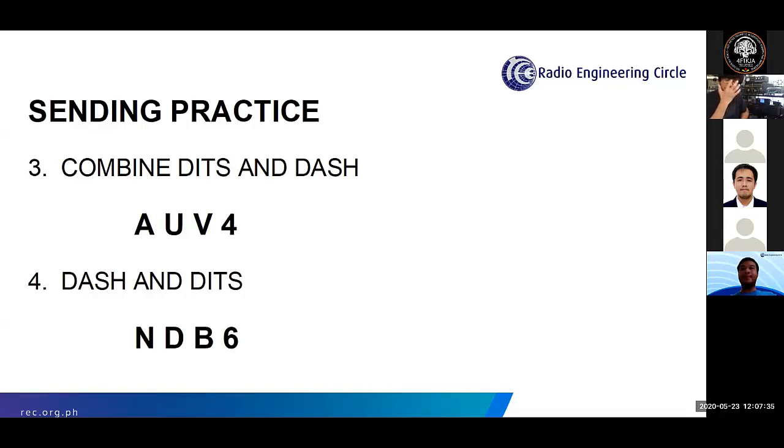Get it? Di ba? So it's a good exercise, especially pag gusto mo mabulol. Yan. Di ba? And in Morse code,